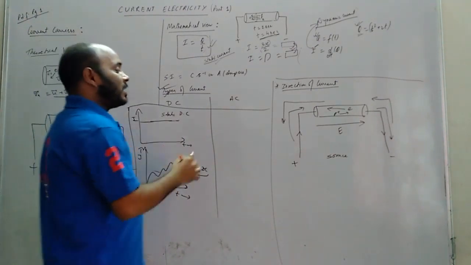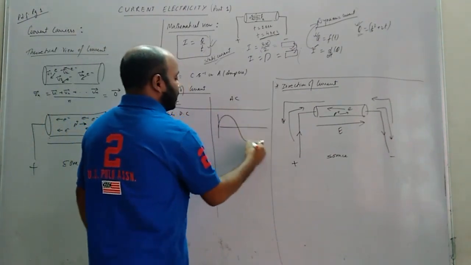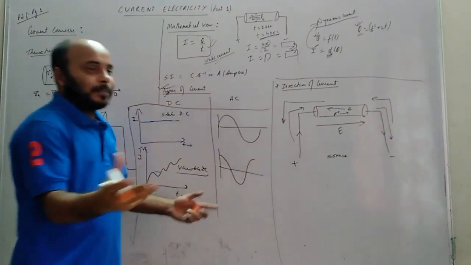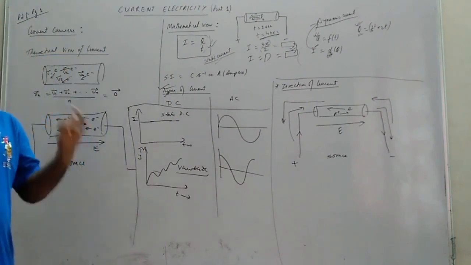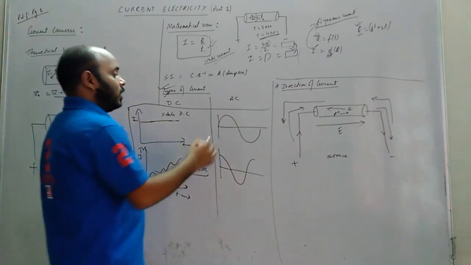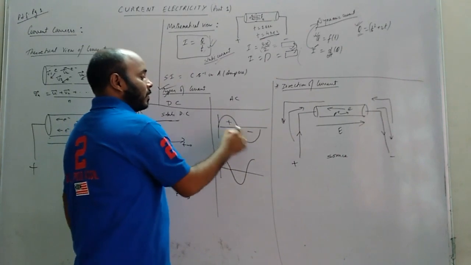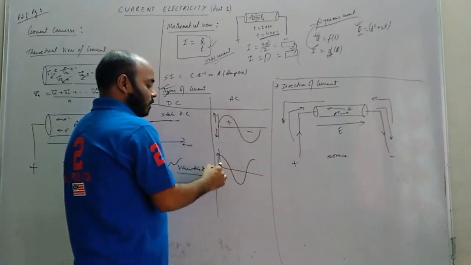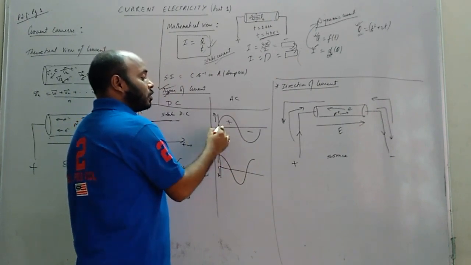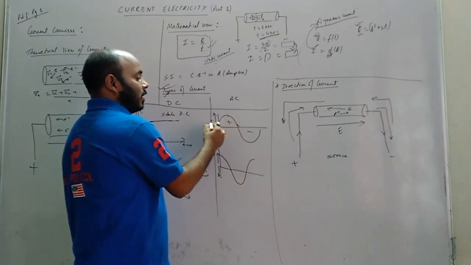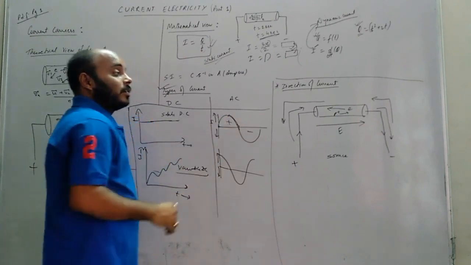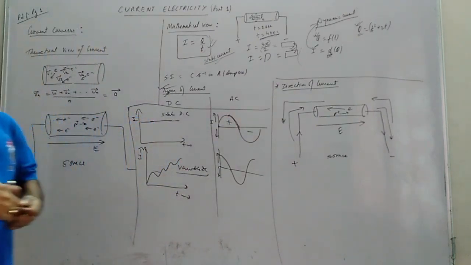In AC what is happening? This is called AC. Or this is called AC. We have a whole chapter on AC in our syllabus, and we will study it well. But for now, look at this: the polarity is changing. The current direction is positive once, negative once. Here also current is positive, negative, as well as the magnitude is changing from 0 to max, max to 0. So this is the difference between AC and DC.